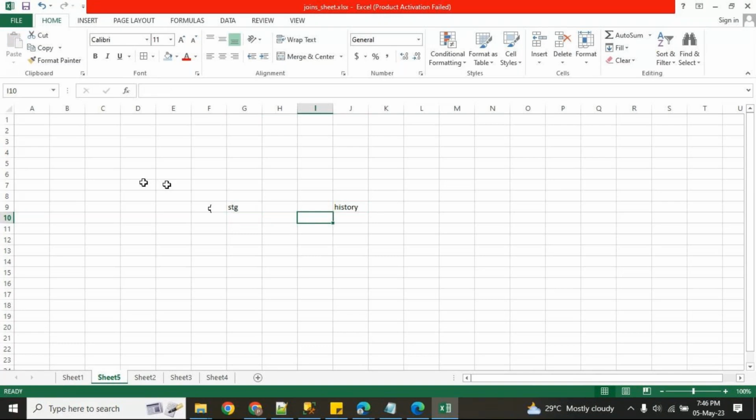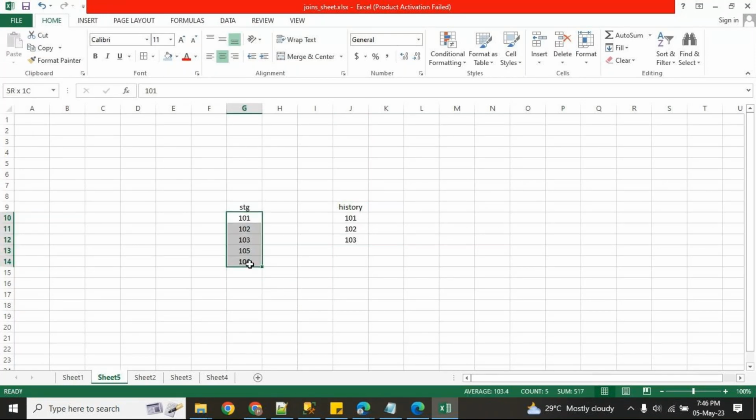Table one, table two. The table name is STG, and in this table I have 5 records.